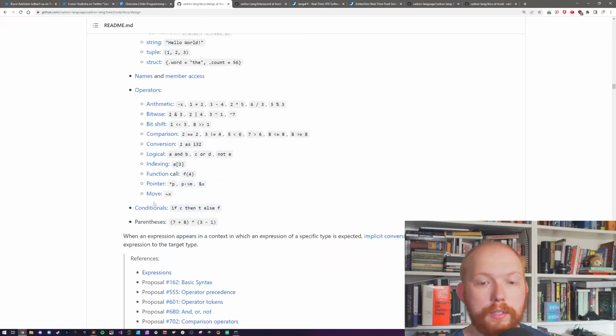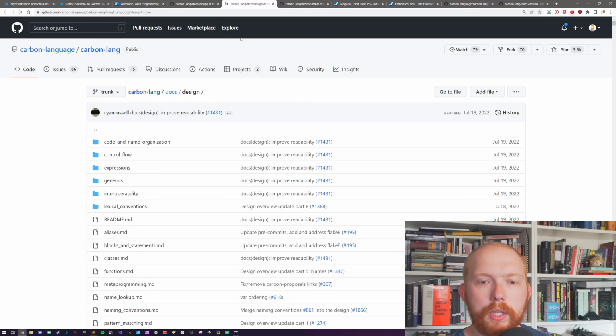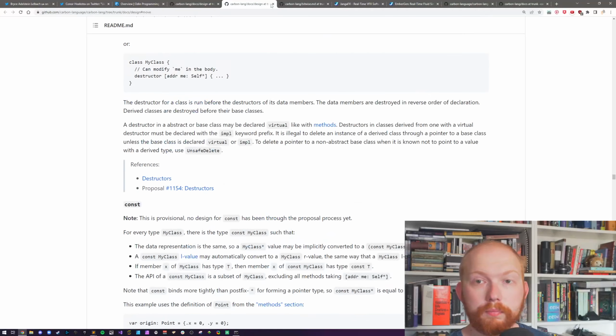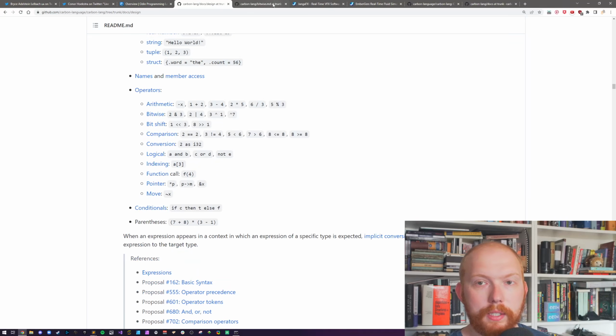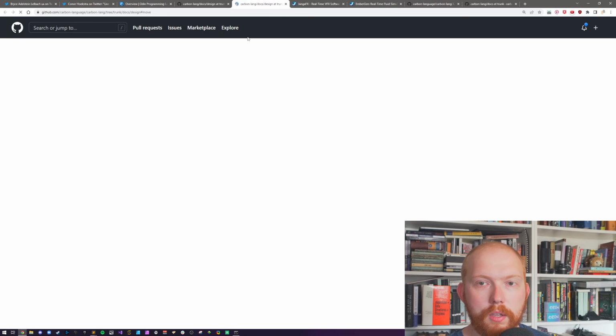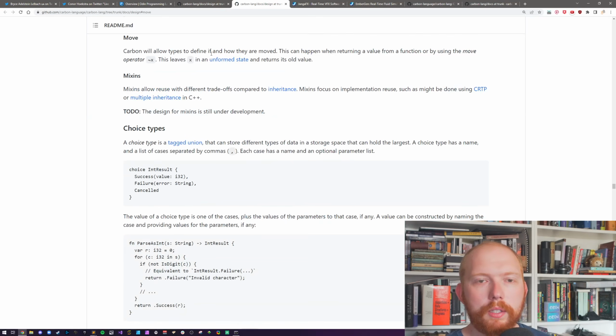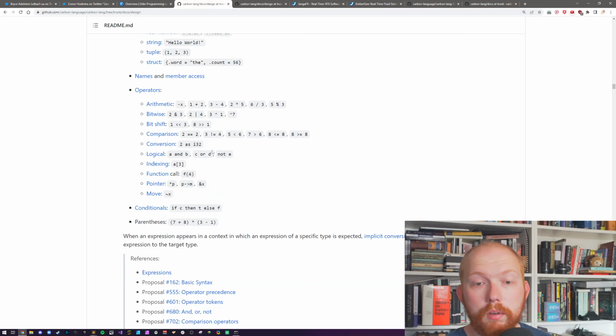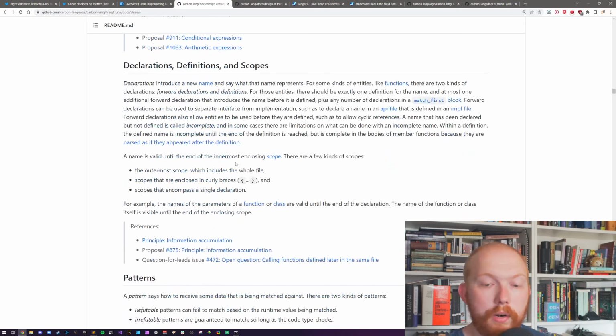Let's go over it. So the last thing they've got to talk about is move semantics, which they haven't really talked about much yet, but they've got move semantics, and I've just accidentally gone past it. Yeah, and they're using the tilde operator, which is why they didn't use that for not, to do the move semantics. Okay, fine. Right, no. Now, I'm not criticizing or praising that or anything like that.